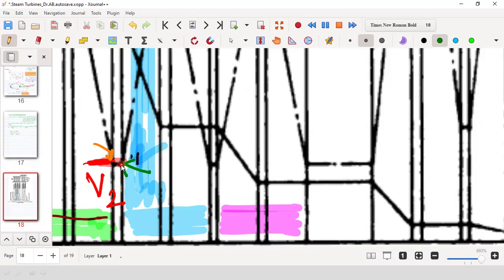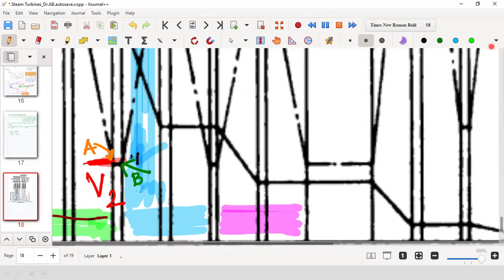Okay. So there is a quantity denoted with phi that is called the carryover coefficient. Carryover coefficient means basically at this point, say at the orange point, say the velocity was v2. Therefore, the rate of kinetic energy is m dot v square by 2, or say kinetic energy per unit mass is v square by 2 here at this orange point. I may give some name here so that you can follow properly. Say the point here is B, and the orange is say